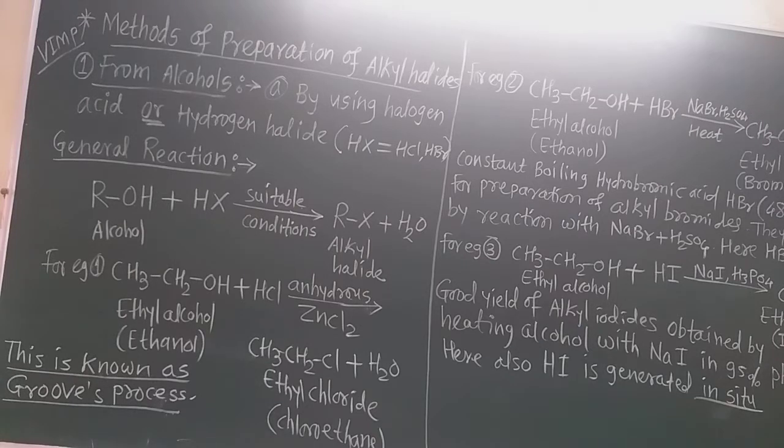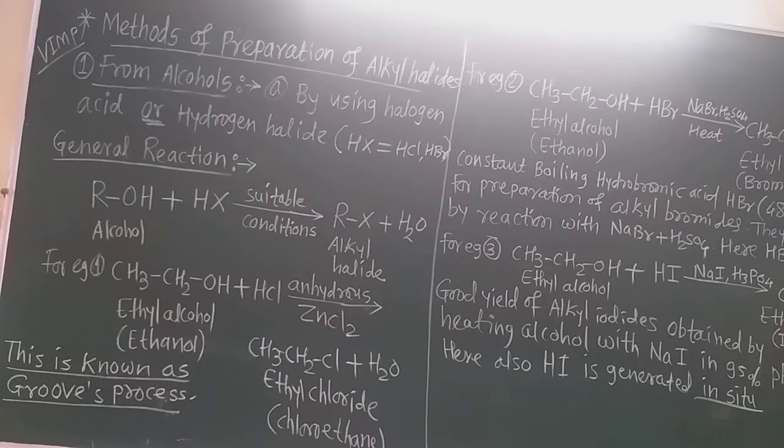That means only one halogen atom replaces a hydrogen atom in the alkane. As the alkyl group is formed after replacement of one hydrogen atom, the alkyl group is the R group, and X is the halogen. So what is the general formula of alkyl halide? RX. We learned this in the 11th standard. What is the general formula of alkyl halide? RX. R is the alkyl group and X is the halogen.